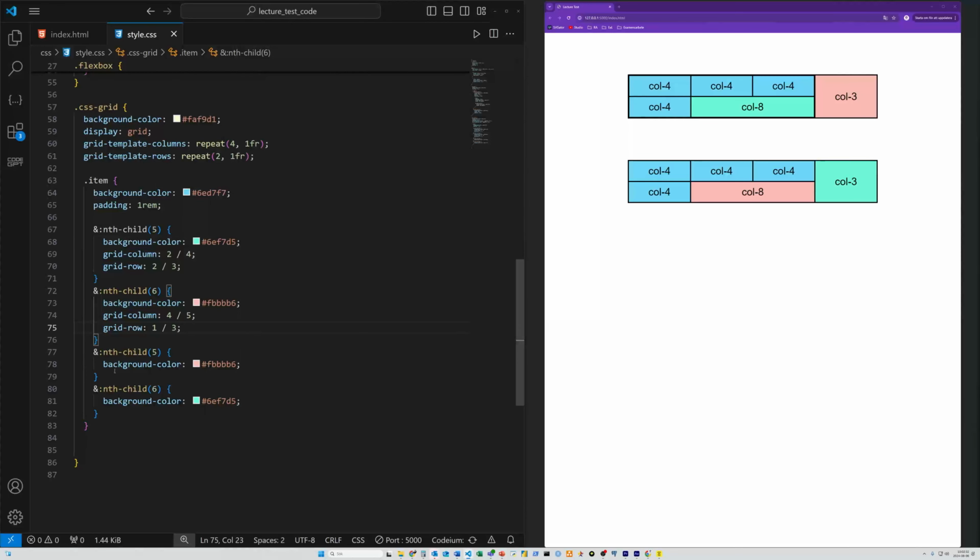Now, because this is written afterwards, it's going to win over those above, source order. This is later in the source order, so they win over these properties because these are written before. The same specificity, but source order still matters. So we can go ahead and look at the